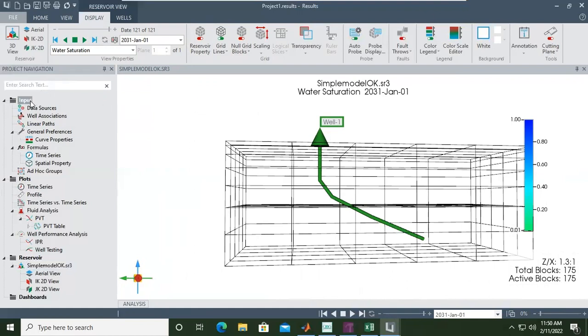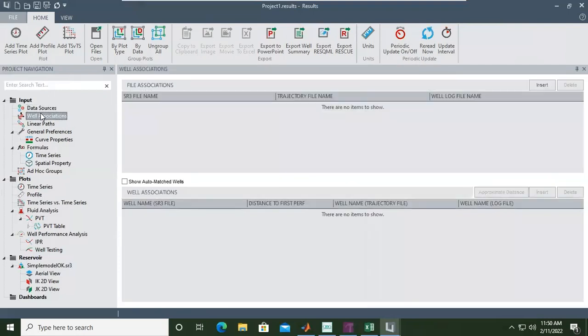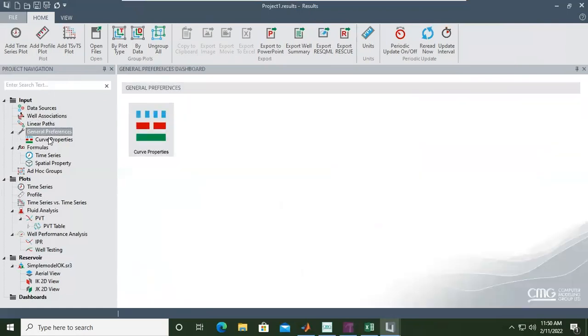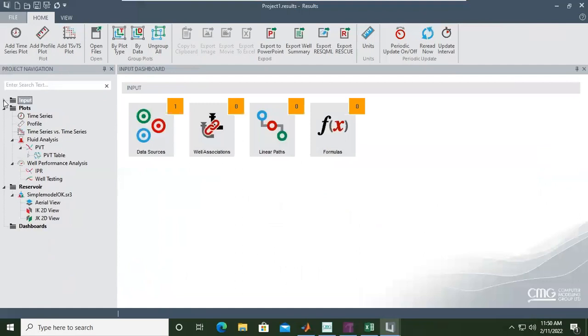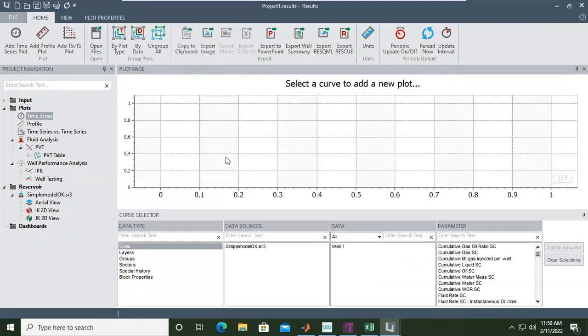We can change the input, right? We can look at the input. This is the data source. Okay, well association, linear path. This is just input, but also important is the plot. In plot settings, it can be time series plot, profile plot, time series versus time series, and flow analysis plot, well performance analysis plot. If we select this one, time series,